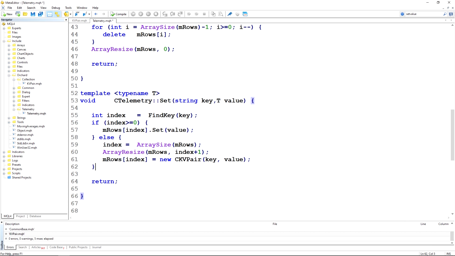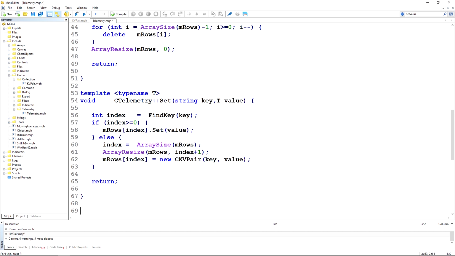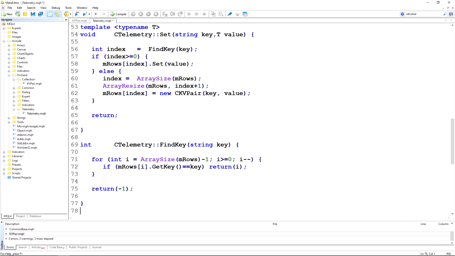Now let's look at that find key function. It simply returns an integer, which is where the key was found, passing in the string key. And let's create that now. Here's the function for it, simple find key string, and I'm just doing a very simple linear search through the array until I find a key that matches. I expect this to be a very small array. I don't think it will take very long to do this kind of linear search. If I were using a very large array, I would probably find a faster method of searching, but this should